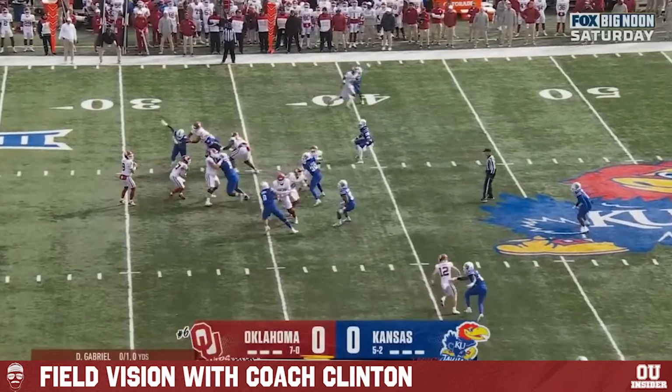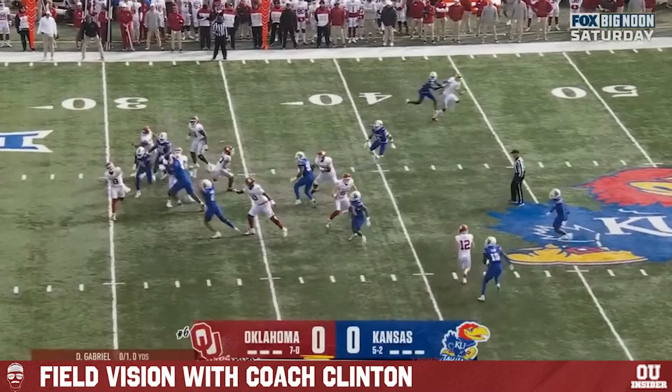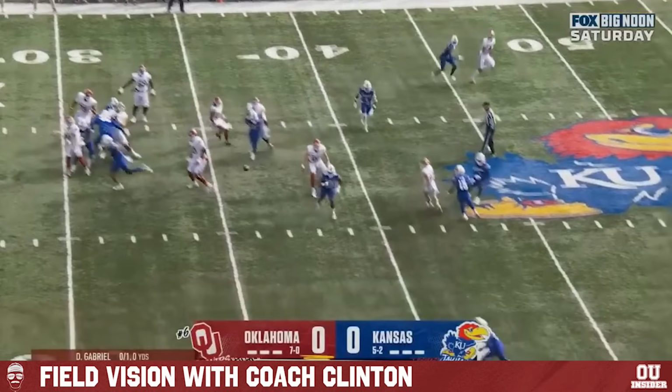Unfortunately, both Savion Byrd and Walter Rouse get beat by the guys on their side of the play, and that doesn't help Dillon Gabriel whatsoever. He has to make a decision here quicker than he wants to. What really hurts about this play is about the time that Dillon's able to get the ball out of his hand, if you look up at the top of the screen, Nick Anderson has his guy beat. He's got inside leverage on this corner. He's worked himself into a really good position. The safety is nowhere to help, and potentially this is a score,